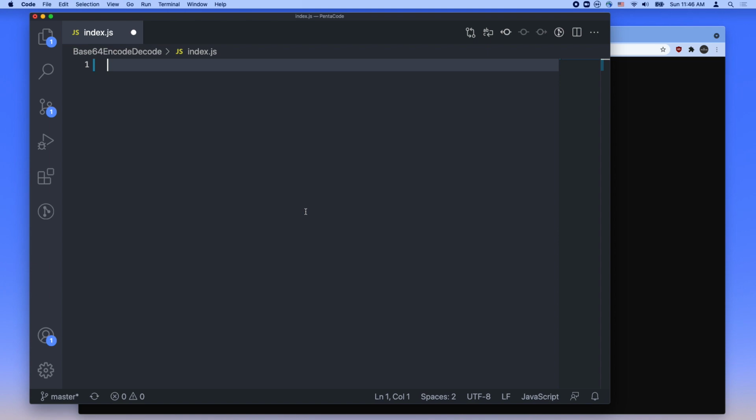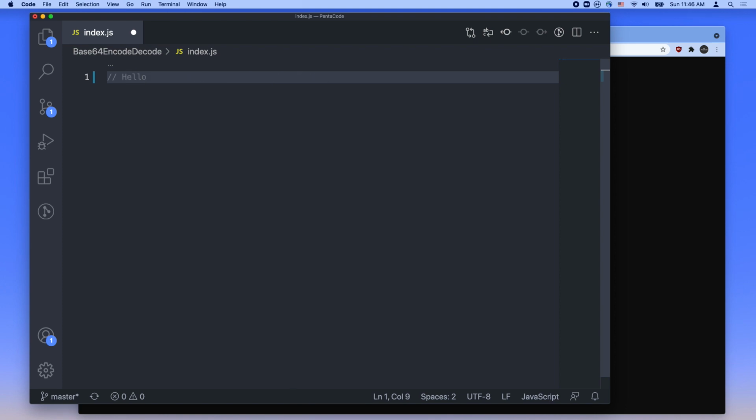Hopefully this will help you with your understanding of how base64 encoding works, and with your future projects. Now, the best way to learn about this, I think, is to actually do it. So let's do an example where we convert the word hello into a base64 equivalent. Let's see how that works.